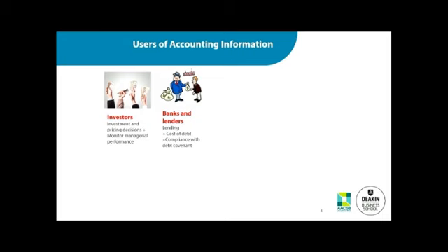How can they find it? They are supposed to see only one loan in my financial statement. If there is any other loan in the balance sheet, then obviously this is a breach of the covenant. So this is the way banks and lenders can use